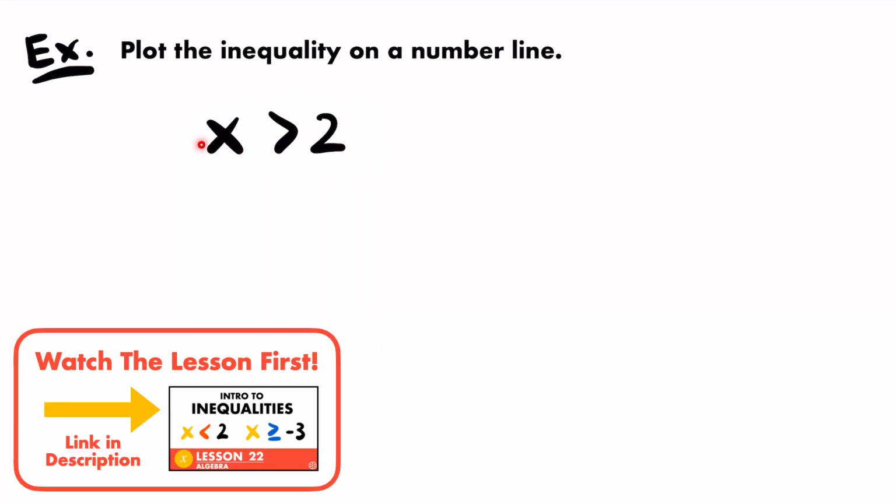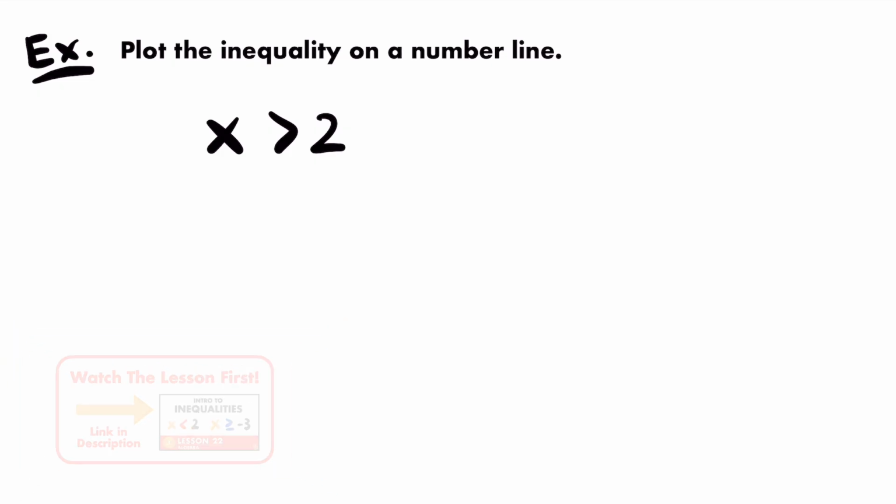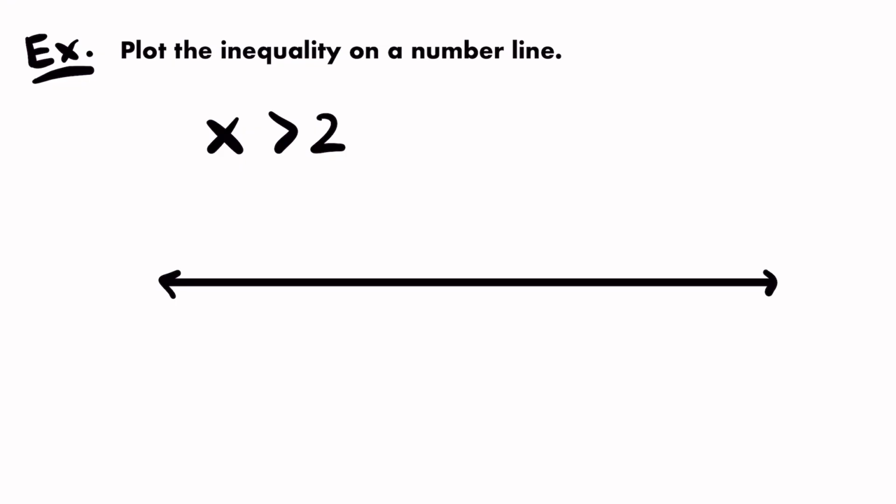And so to plot this on a number line, the first thing we have to do is draw a number line. So I'll draw mine like this. In the middle, I'll label the value of 0. And then what you want to look at is the number that is being compared to the variable of x. In this case, we're comparing x to 2, so we want to make sure to include that number of 2